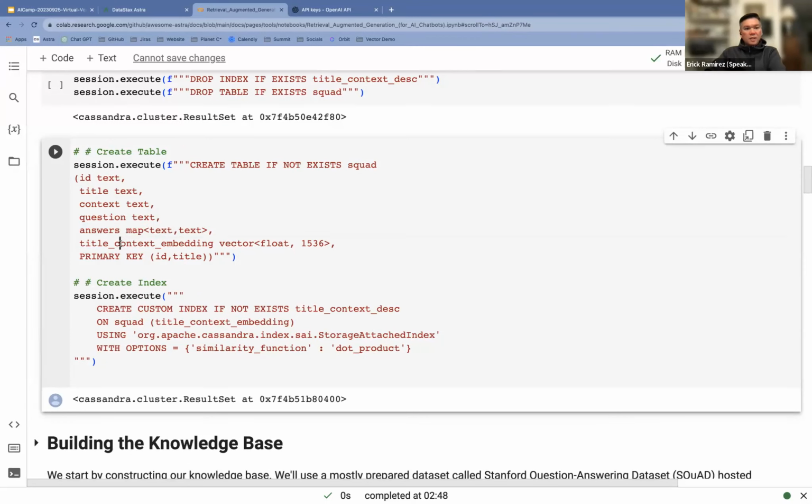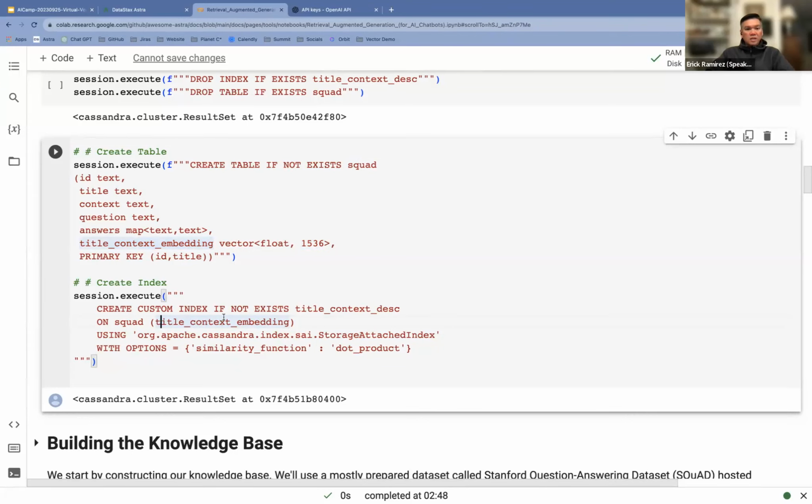And then the last column in that table is going to be an embedding of the title and the context put together. We're storing that embedding in a vector data type. As you can see, the dimension here is 1536, just because the model that we're using, the ADA text embedding model from OpenAI, has 1536 dimensions. So that's how big the vector array is.